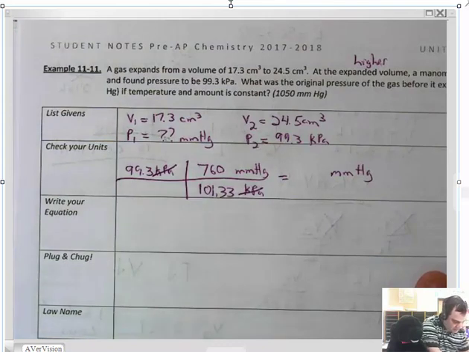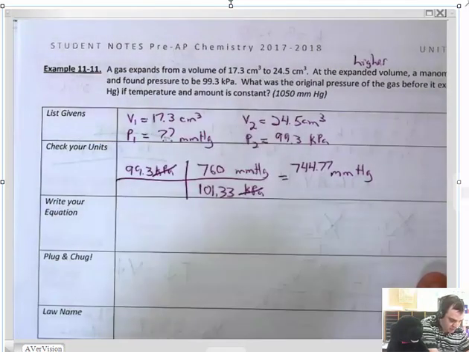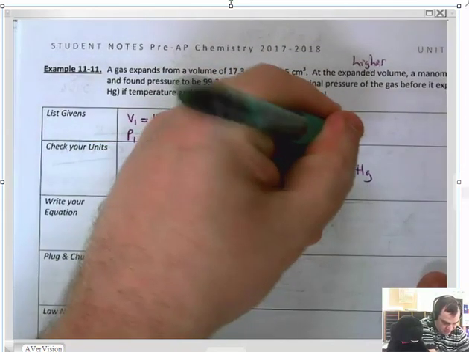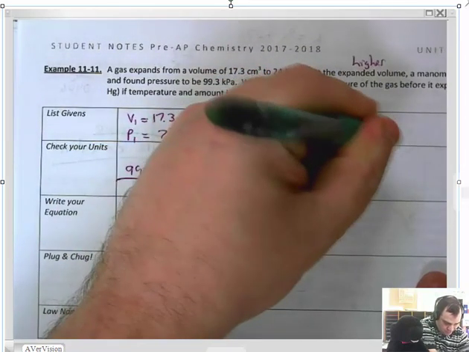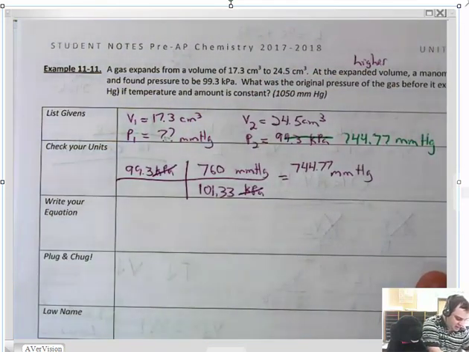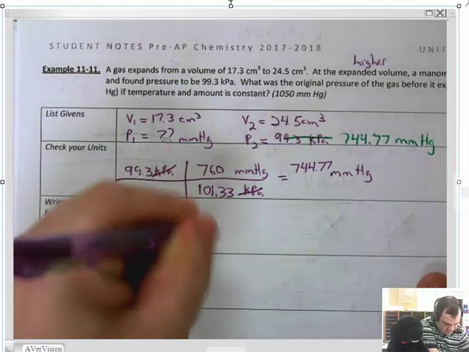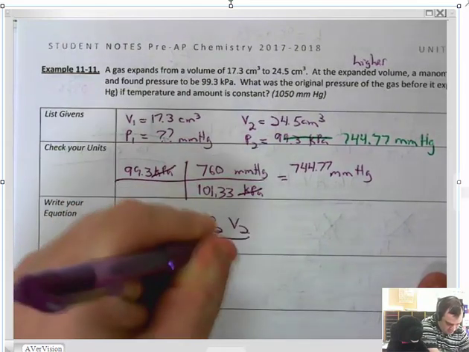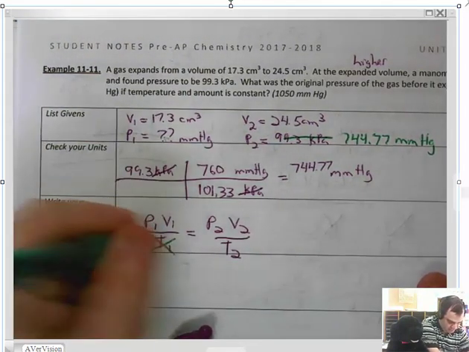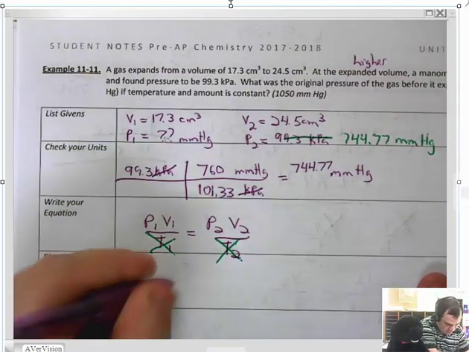Okay, and I get 744.77 millimeters of mercury. So now you're going to see me cross out this number and put in 744.77 millimeters of mercury. Then you're going to see me write down the equation. P1 V1 over T1 equals P2 V2 over T2. The temperature is constant, so we're going to cross out the T's. Then we're going to substitute in. So we got P1 equals